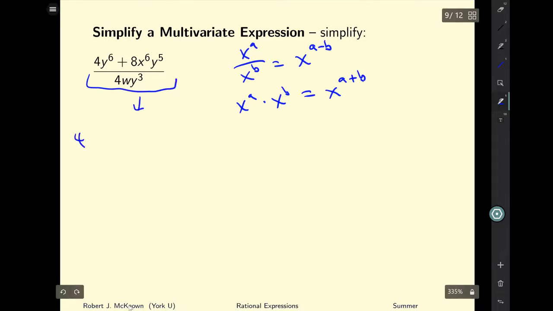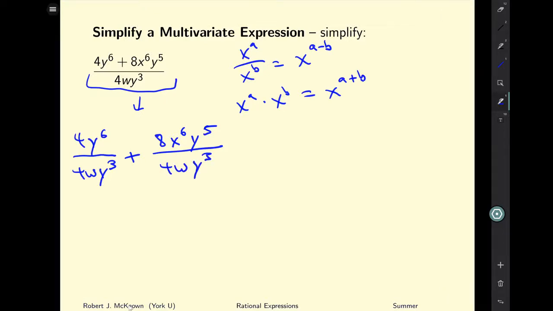So I can write this as 4y squared divided by 4w y cubed, plus 8x to the 6 y to the 5 divided by 4w y to the 3. And I can do that just to make it a little bit easier to look at. And if I do that, I get the 4's, those just divide into 1. I'm going to get y to the 6 minus 3